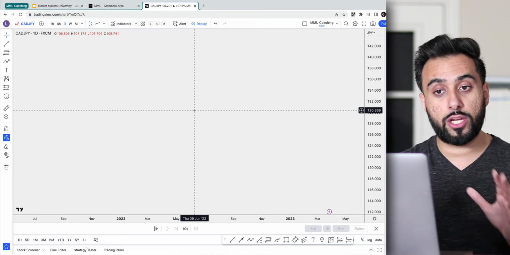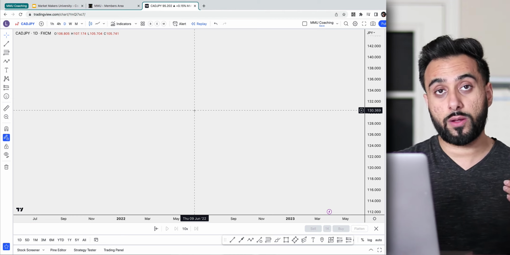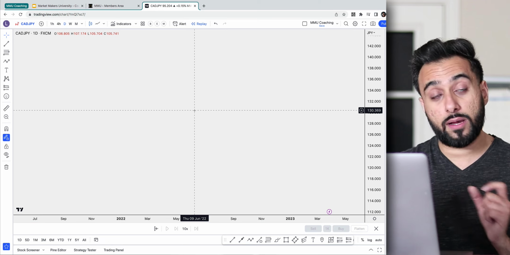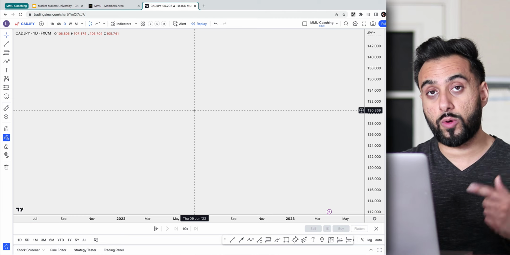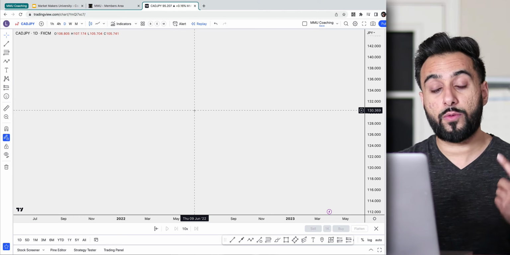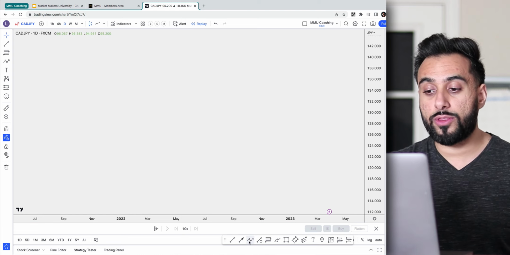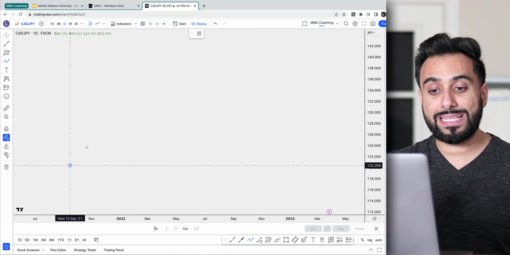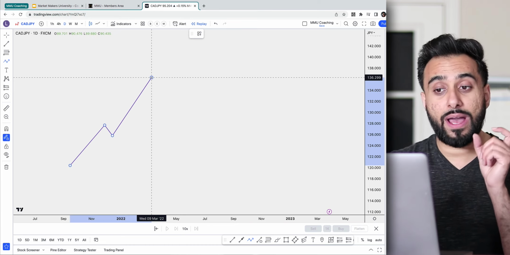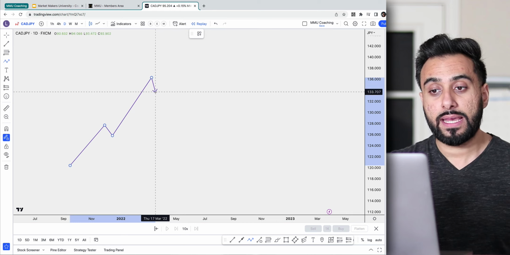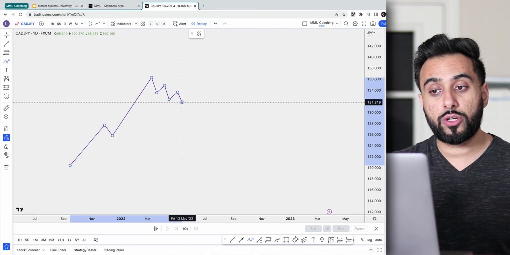But remember, as traders, it's always more preferred, it's more ideal to trade with the trend. But if you do find some opportunities that are going against the trend, those can definitely be some quick trades, some quick wins that you could capitalize on before the trend continues in the direction that it was already going in. So essentially how this strategy works is as the price is going in one direction, in this case the up direction, sometimes you'll have these small little retracements in the opposite direction where you could potentially enter trades